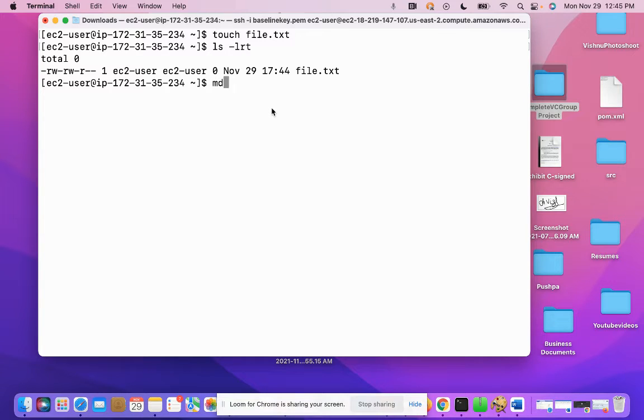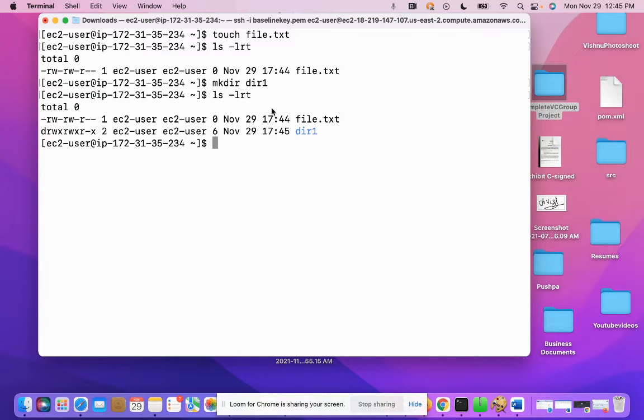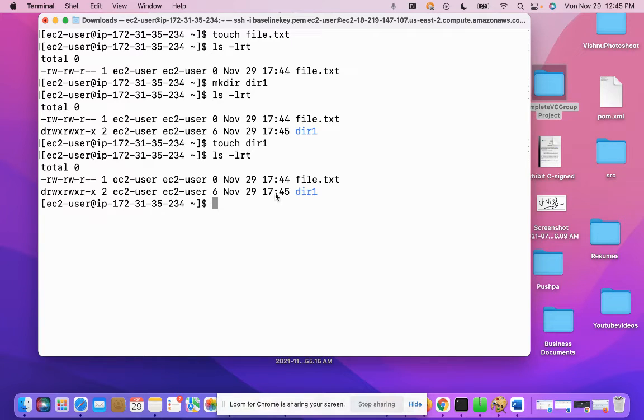Let's go and create a directory and we'll see how that works. Okay, mkdir directory1. Now do ls -ltr. You see that the d stands for directory. This is the directory and this is the file. The d stands for directory. Okay, let me create a file with dir1. Let's see what we can see. And if I do ls -ltr, you see that